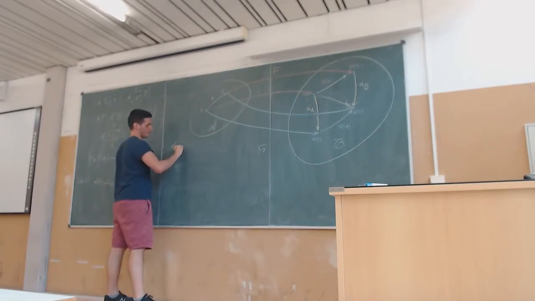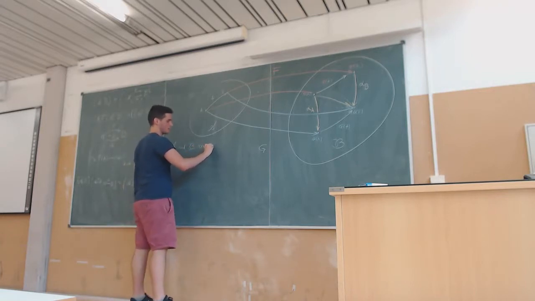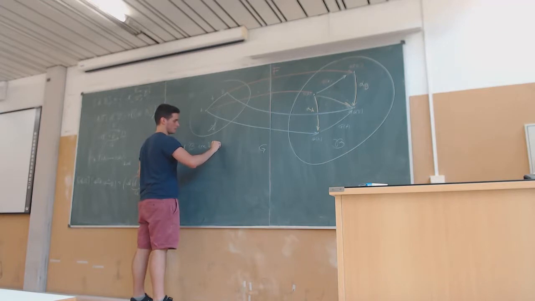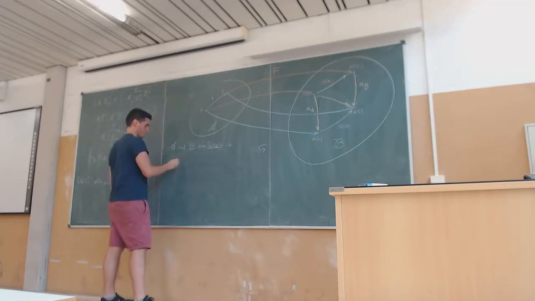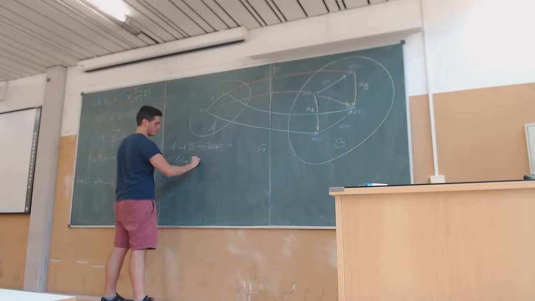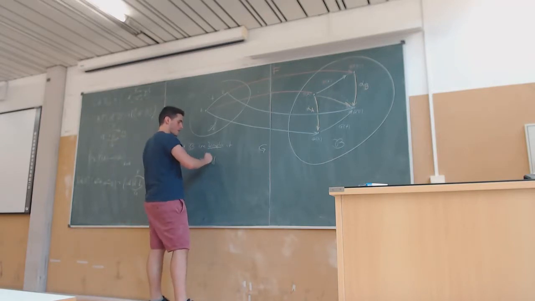A and B are isomorphic as categories when, and of course, I'm just going to rewrite what I just erased, which is the definition of isomorphism,